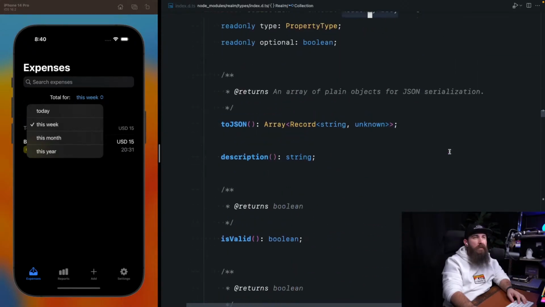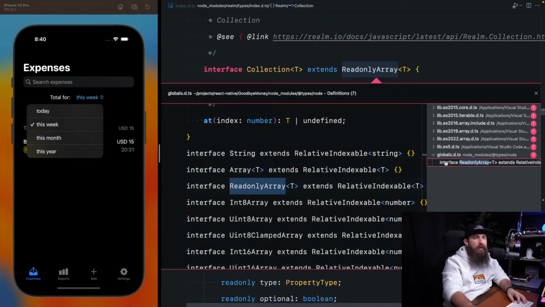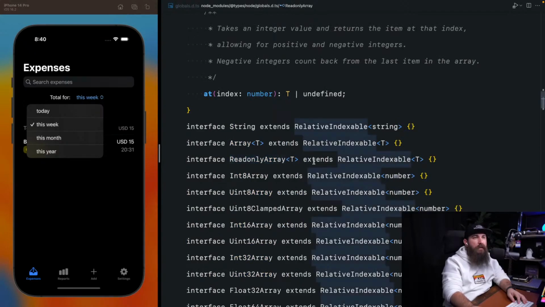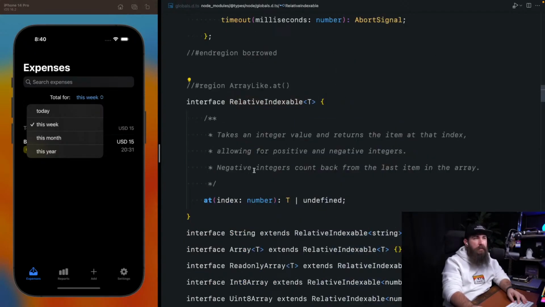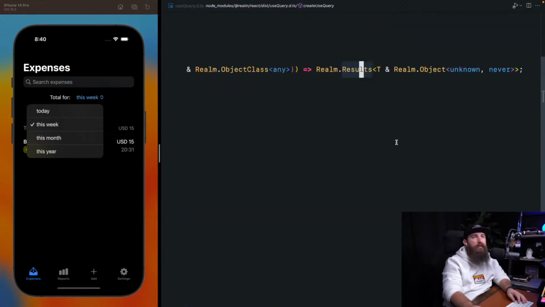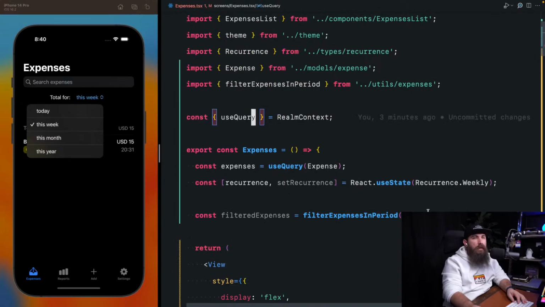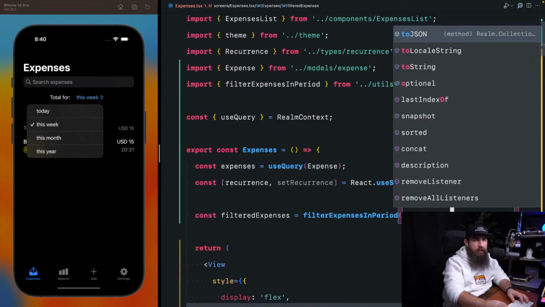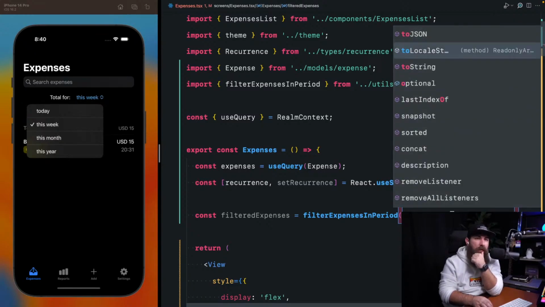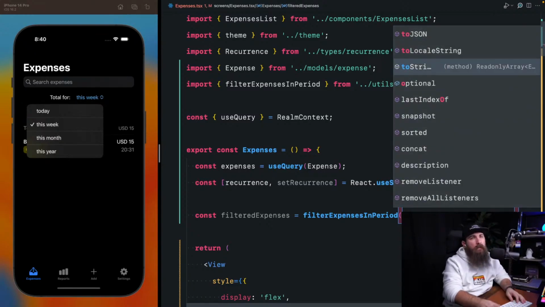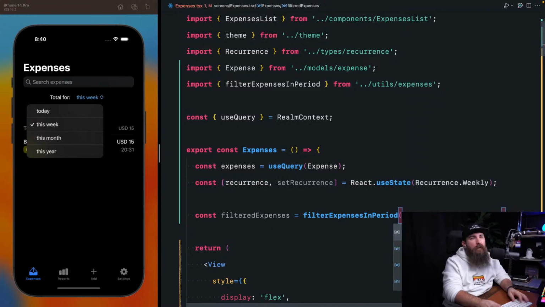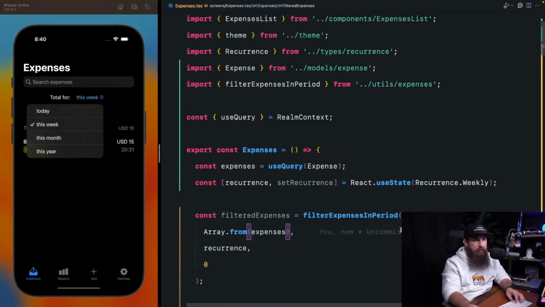No. I guess the read-only array then, and the read-only array extends the RelativeIndexable, which has the at. All right, you know, expenses dot to, there has to be, or should we do Array.from? Yeah, actually, yeah,